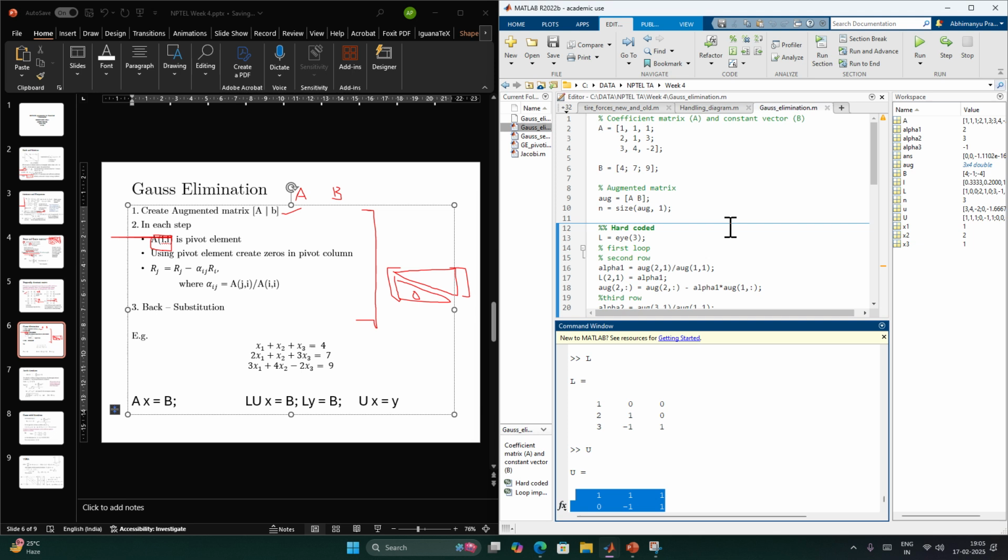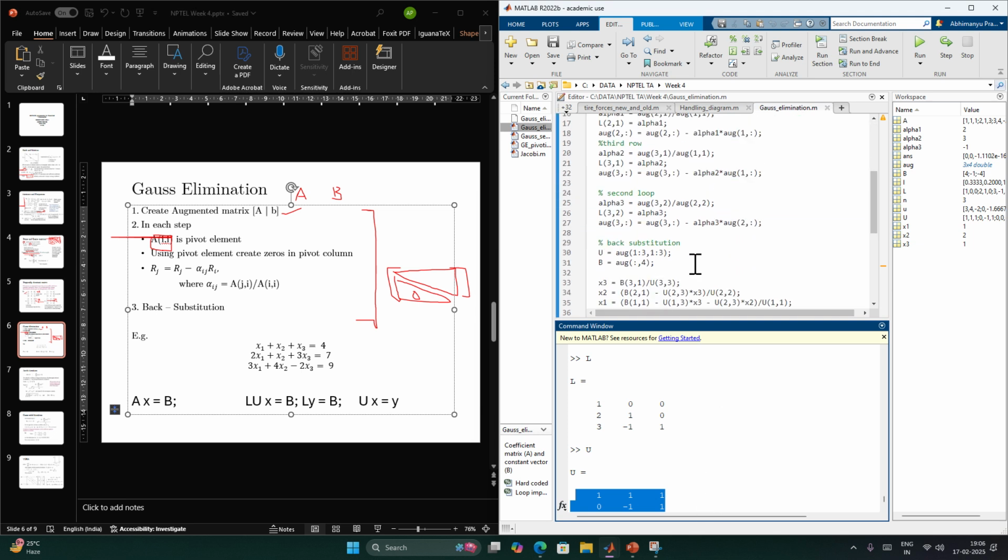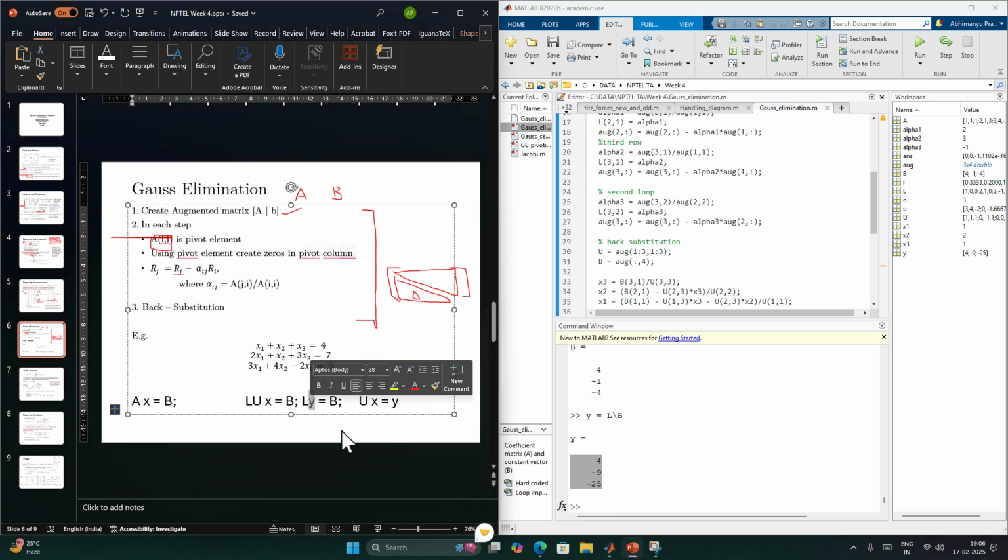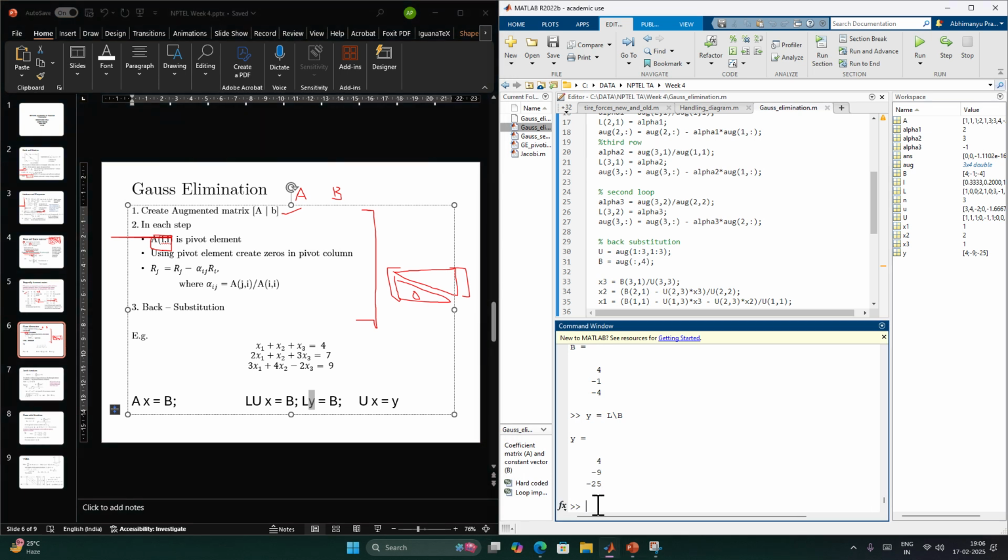So if I try to do this, then my L is this. First, I will calculate, and my B remains the same. So first, I will just do my Y. I'll calculate my Y. That would be L backslash B. So this would be my Y, and now I will again do the backslash operation to get my X. So my X would be U backslash